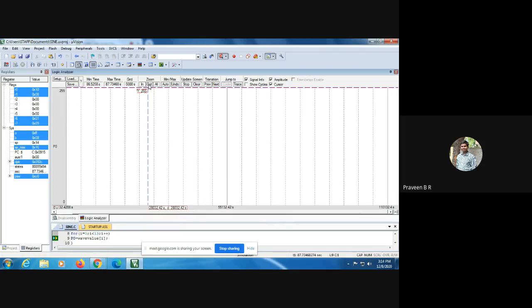So when I zoom in and zoom out, I can observe a 13-step signal that is being produced by the waveform. So let us observe it.